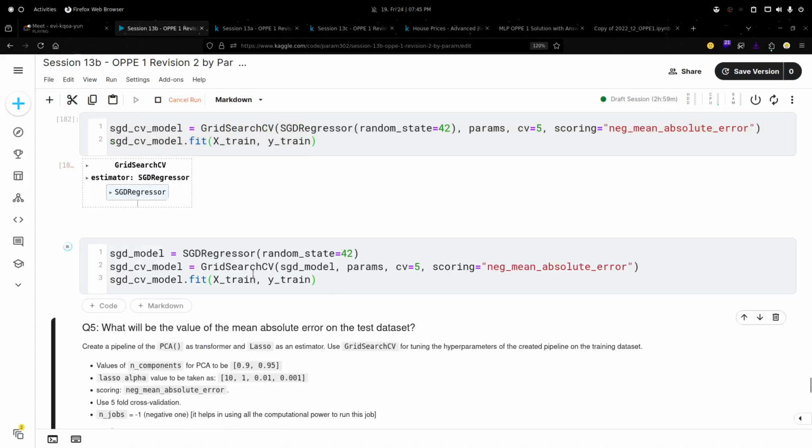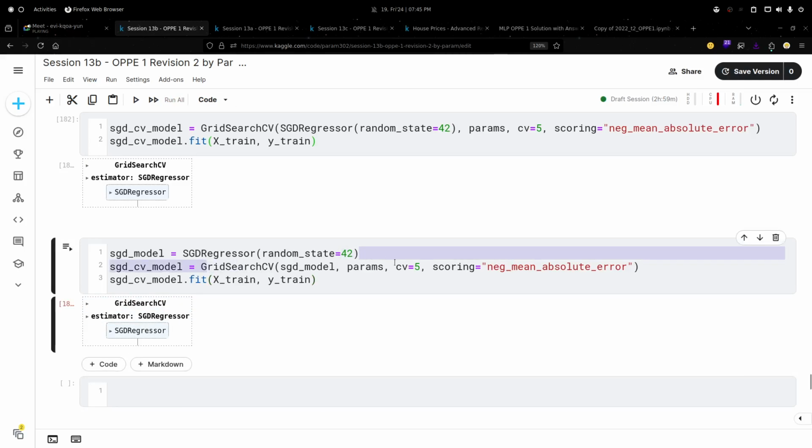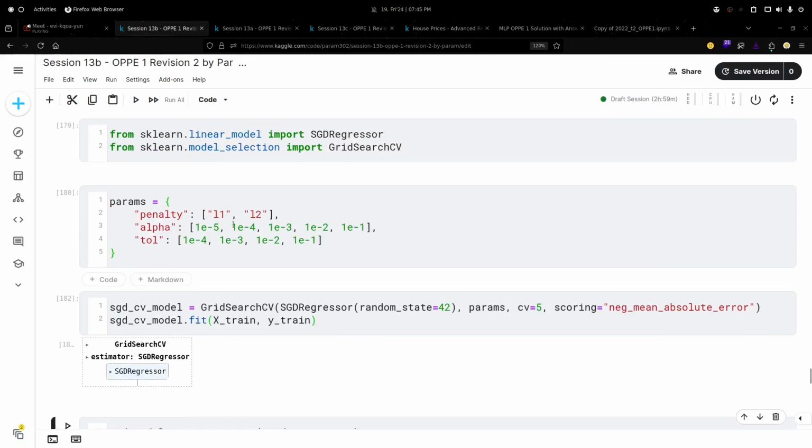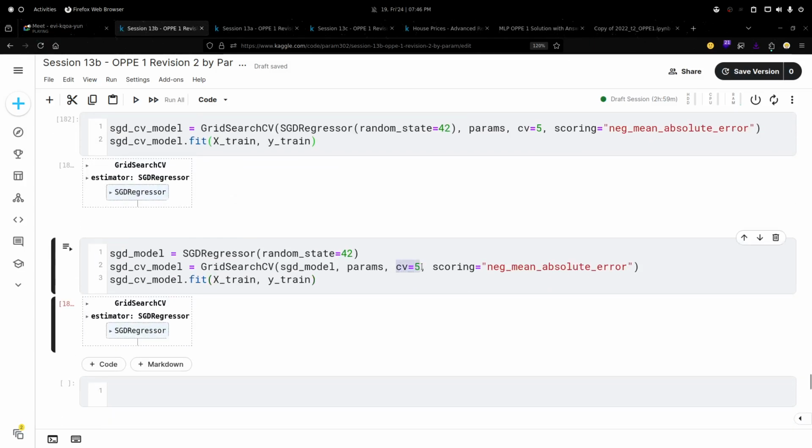Yes. Okay. Param, can you explain the second line of this code? Okay, yes, in the grid search CV, first I will pass the estimator, the ML model, based on which model it should do the training. And then the parameters, these are the hyperparameters. Based on these parameters, for each key value pair, it will find the best parameter for each key. Like for the penalty, any one from the two, from alpha, any one from these, and same for the tolerance. And then the CV 5 means 5 times we will do the cross validation.